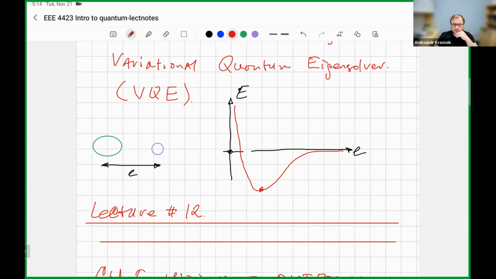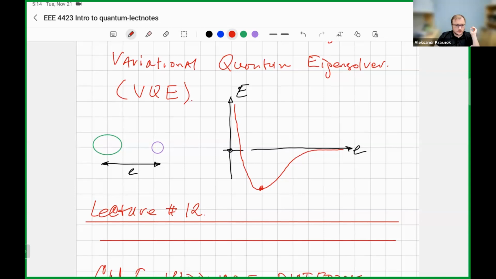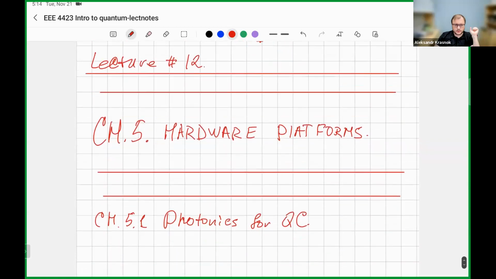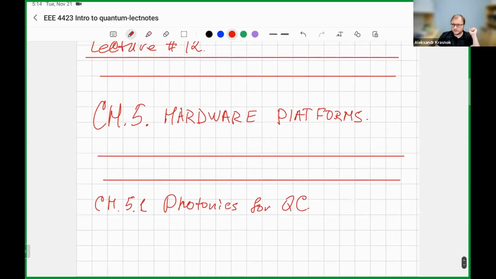So we definitely have to say a few words and dedicate maybe the two left classes to quantum hardware. And today we're going to start with photonics and photonic elements for quantum computing. So with all this said,